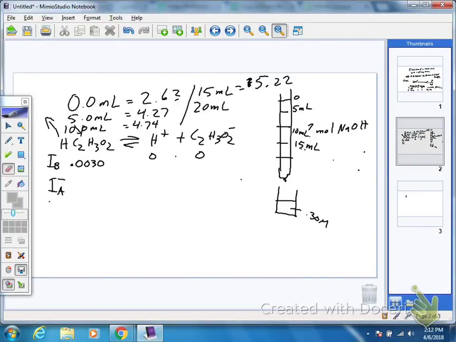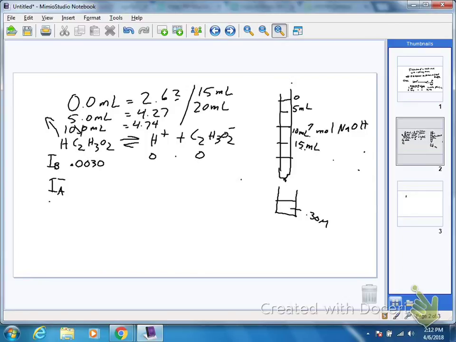Okay, this is picking up after we did 0 and 5, and now we're at 15, and we're going to do 20 eventually, okay? All right, so we're going to put in 15. We're going to put in 15 milliliters. That would be